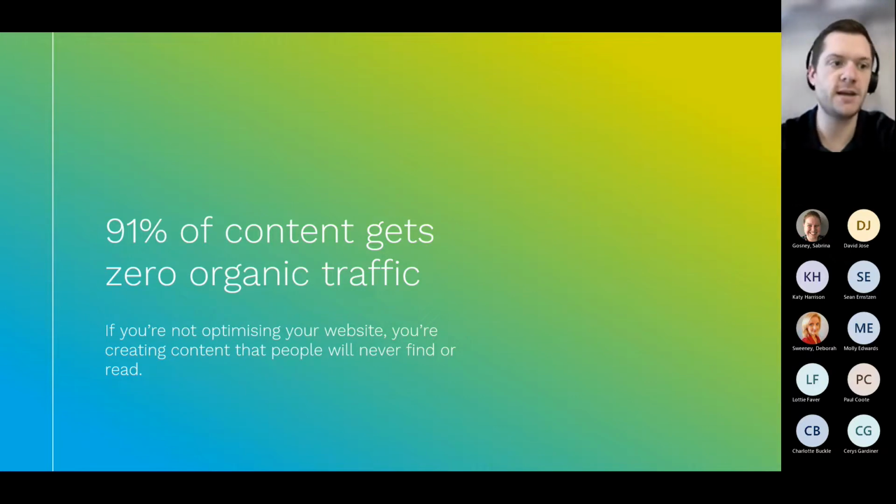And we've seen from so many clients that we've worked with in the past where they launch a swanky new website, but during that process, no one's considered the redirects that need to take place. No one's considered the SEO work that needs to be put in to keep that traffic coming.